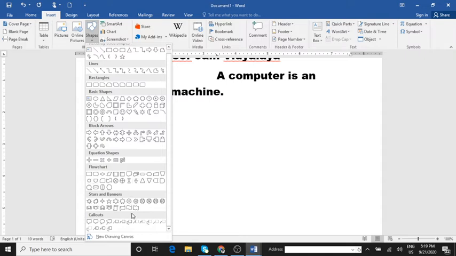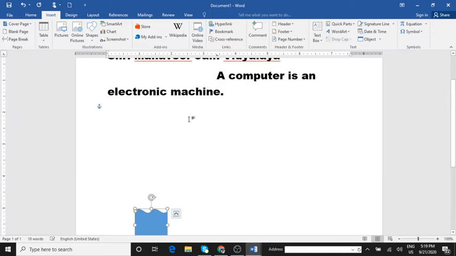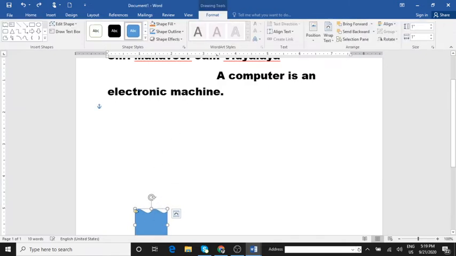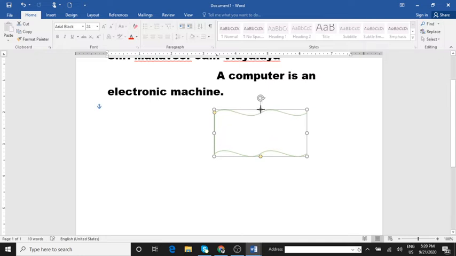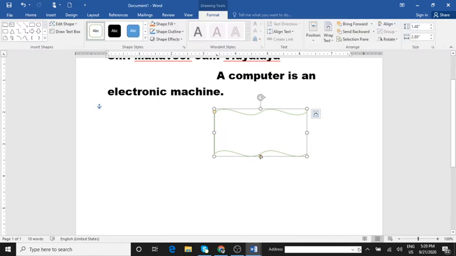Got it, children? So you can just select any one and you can draw that. And after drawing, I just want to enlarge it. So you can, I think you know resizing. Fine. Can you see this? Just place your arrow mark wherever you want. So which side you want to be highlighted or something, you can just do that. Can you see this?